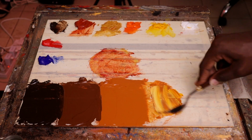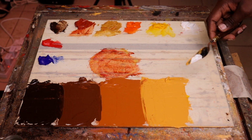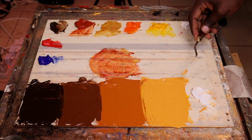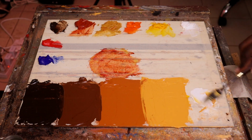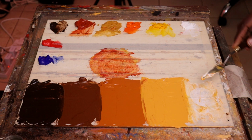Then we're going to find the lightest part of this person's face. It's not white. It's almost never white, actually. Portraits look really weird when you use white in its purest form to paint the lightest parts. So unless it's explicit, so like in this case, you can